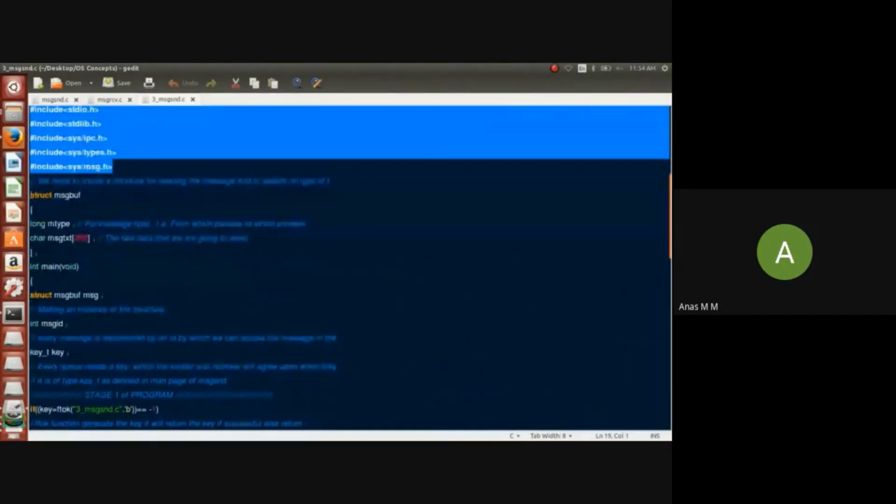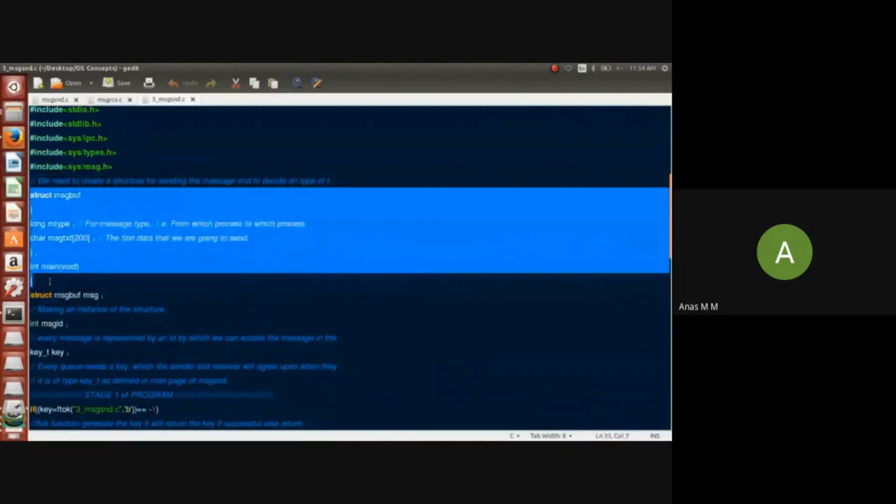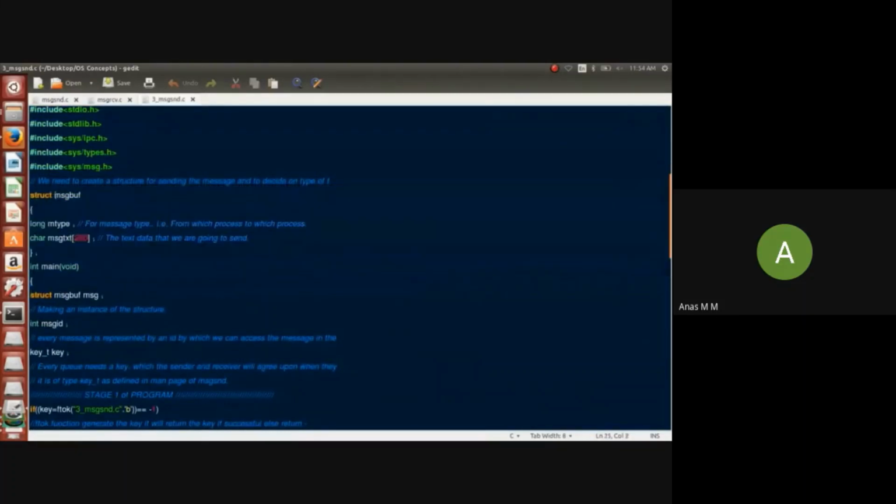Now, you come into the main code. We have something called a structure here, as I have highlighted. We have named the structure message buff, and inside the structure I have two parameters. One is mtype, which I told you earlier. I need to set the type of the message that I'm going to send, and here we select it as one, which I will set later in the code. And second, the length of the text. So after initializing all the header files, now we created a structure, and this structure is very important during interprocess communication through the message passing mechanism, the message queue mechanism. I'm going to send a maximum of 200 characters, so I have set it here.